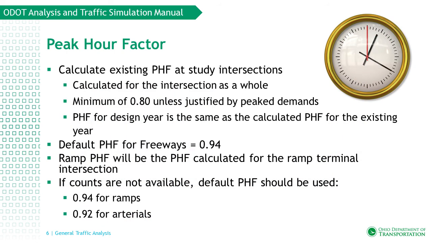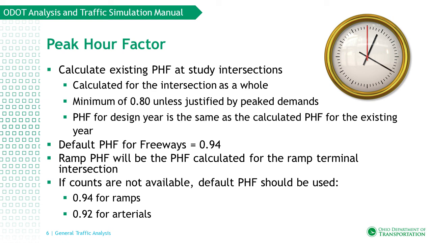For ODOT projects, the existing year peak hour factor should be calculated for all intersections from collected traffic counts. The peak hour factor should be calculated for the intersection as a whole and not individual approaches or movements. The minimum peak hour factor should be 0.8 unless it is justified by peak demands. The peak hour factor for the design year is assumed to be the same as the calculated peak hour factor